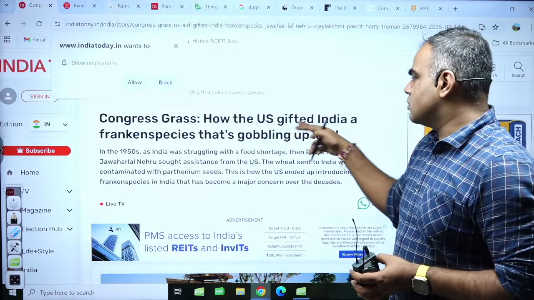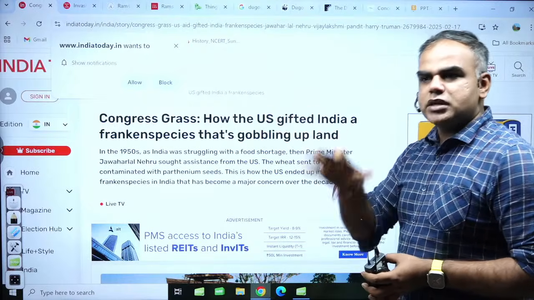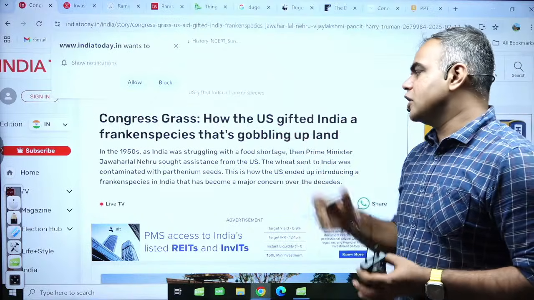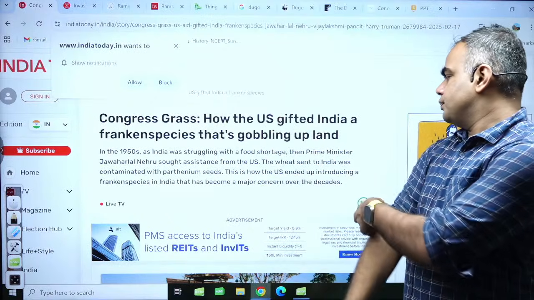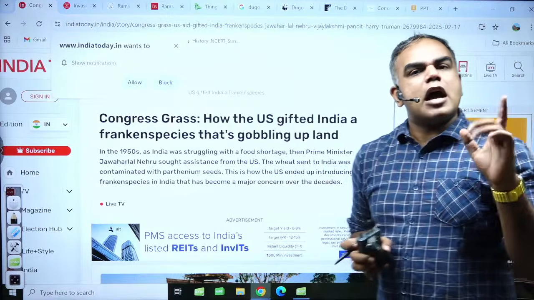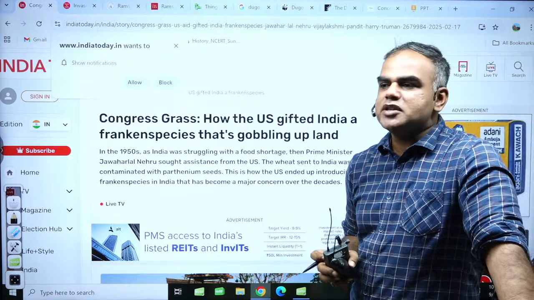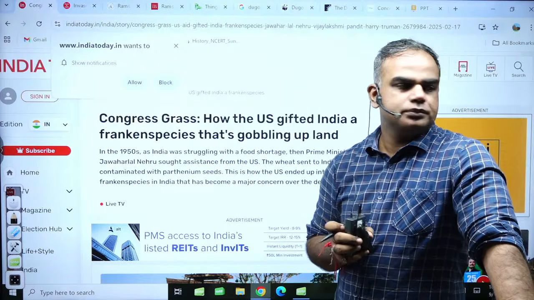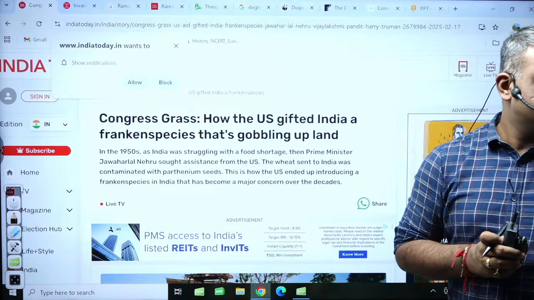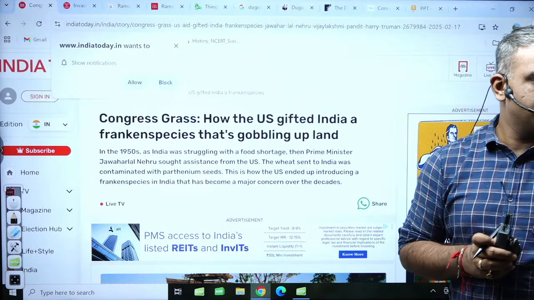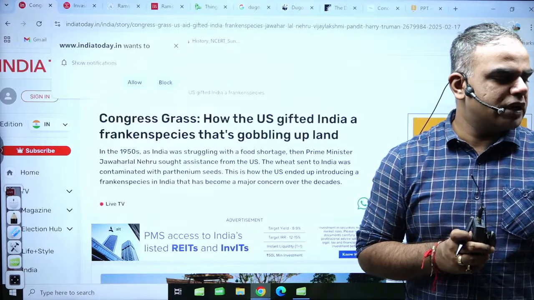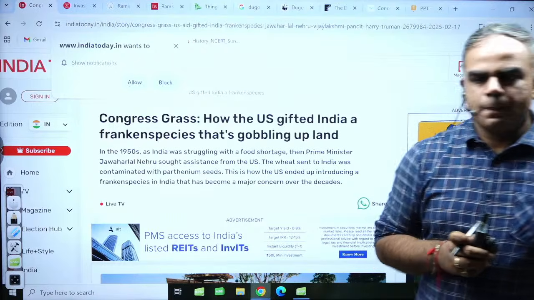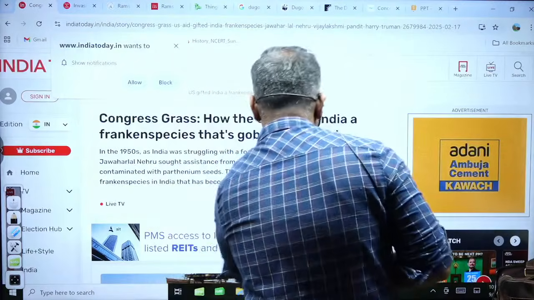And it is said that because of the US aid, you got it to India. Now it has spread so much that it is creating new issues. It is a major concern, and across all invasive species we know why it is a major concern. Tell me why. It will lead to loss of biodiversity. People online, have you been able to follow till here?